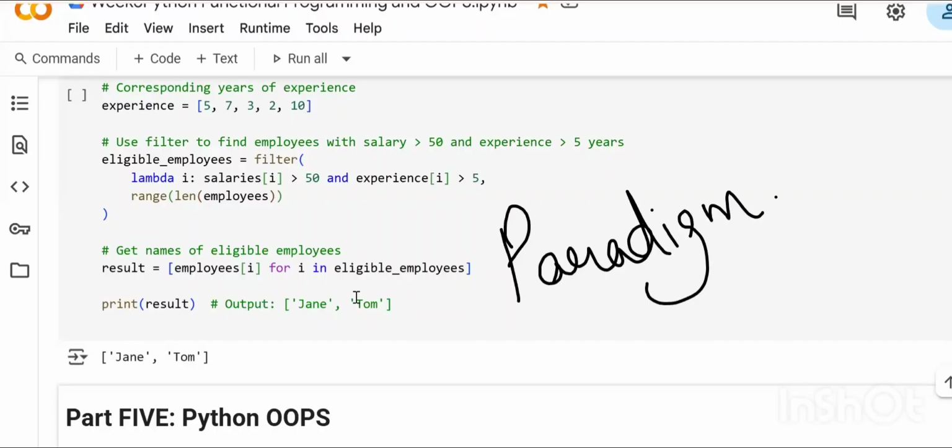Now you guys will ask me, ma'am, what is paradigm? I just said that it is a very powerful programming paradigm in Python. So what is paradigm? If I tell you in the simplest, general way, the word paradigm means a model or a pattern of something. Like this company is a paradigm of customer service. Yes, style, pattern of something.